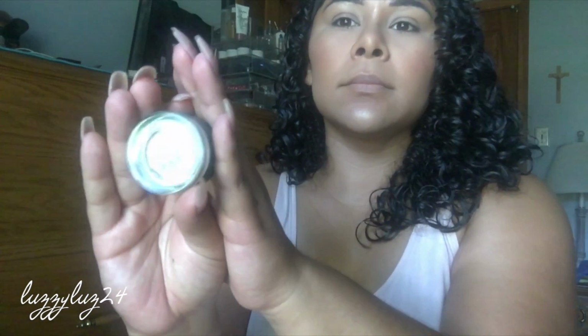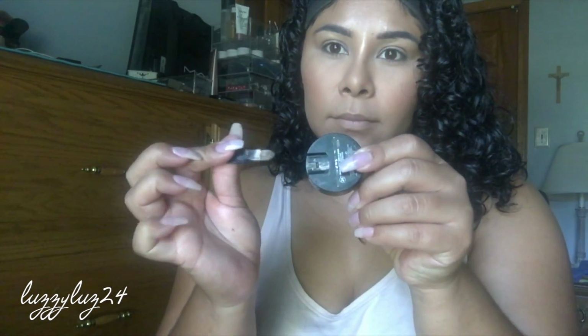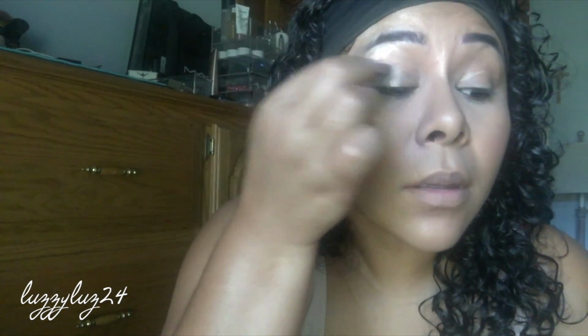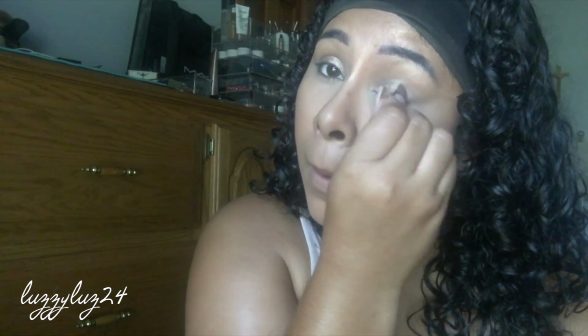Oh, and the Revlon Colorstay, I'm not sure the exact name. I'll put it down below. These are awesome. It's a one-stop shop, let me tell you. You just use that little brush that comes already in there. This will not budge. It will not move. Once it sets, it's good to go. And look at how glowy it looks. I find that this is perfect for daytime, because it's super easy, and you can pair it with any lip